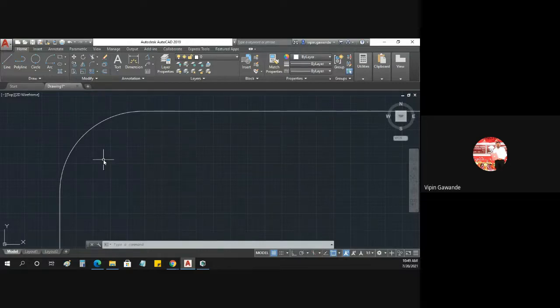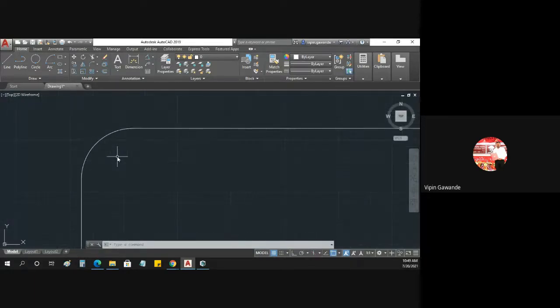Now why are we giving the fillet? If you have seen a table, there are sharp edges around the table, and that is very dangerous for us. Sharp edges are very dangerous for us. That's why on the dining table, or the glass tables, or your laptop, or your mobile, at the corners of your mobile there are no sharp edges, but a fillet is given.